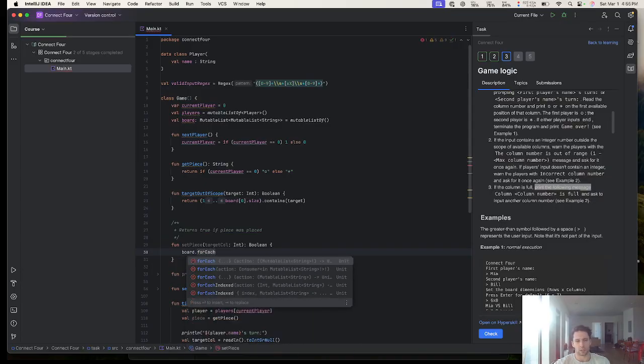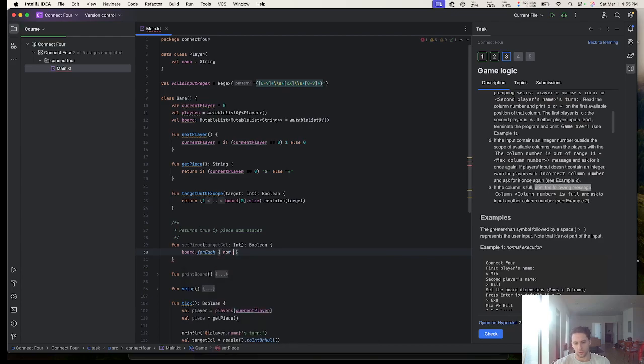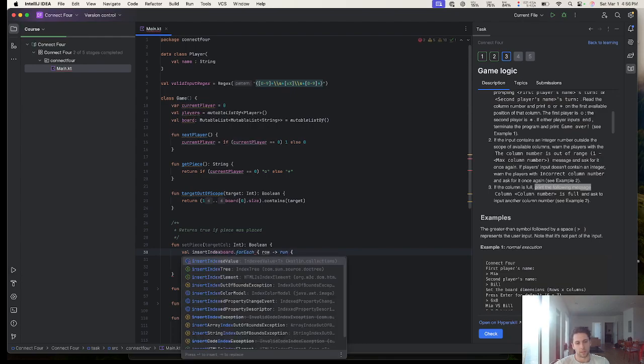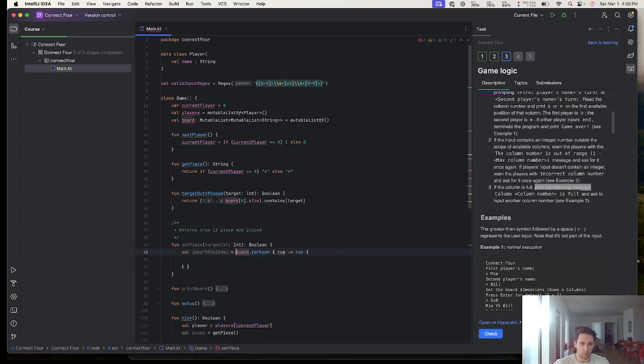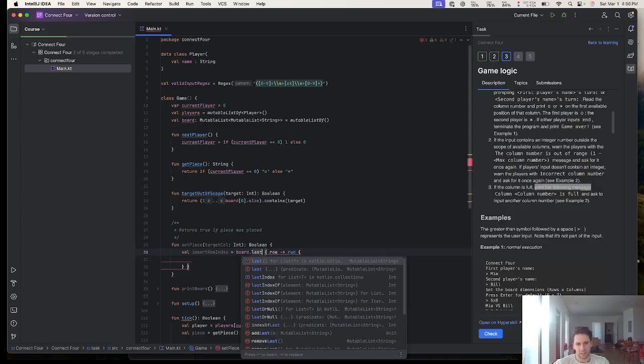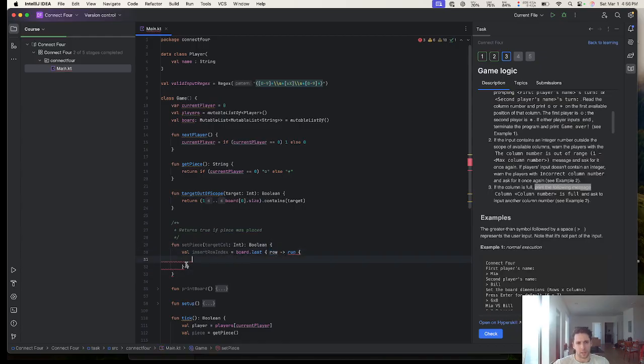Because all we have to do is go over, so it's like board dot for each row, and then we only check, in fact, val insert index equals board dot find, no, it should be last. So each one's a row, and then in here